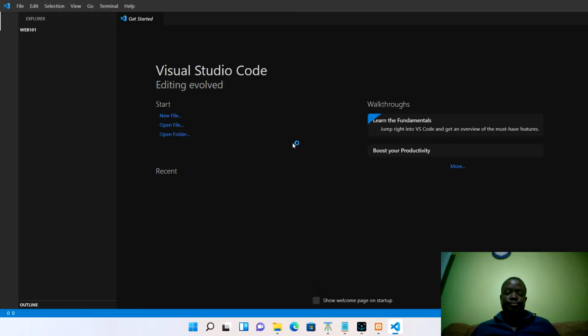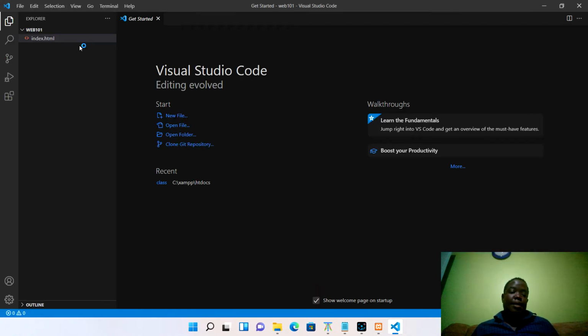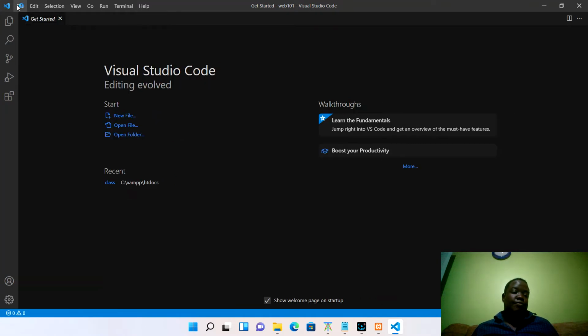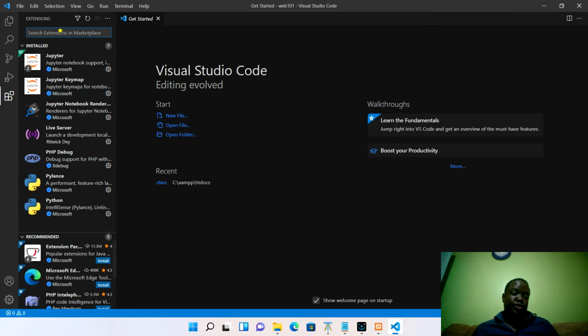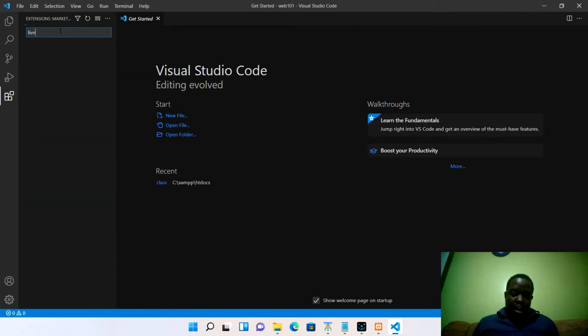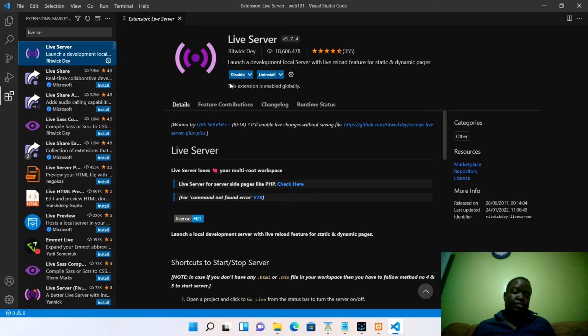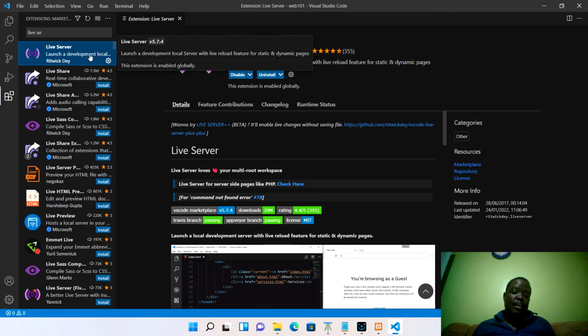Alright. Once we launch VS Code, we should have it installed and in place. The first thing we do, we come here and we come to the extension tab. On the extension tab, I want you to search live server. Once you search live server, you install live server by Ritwik,